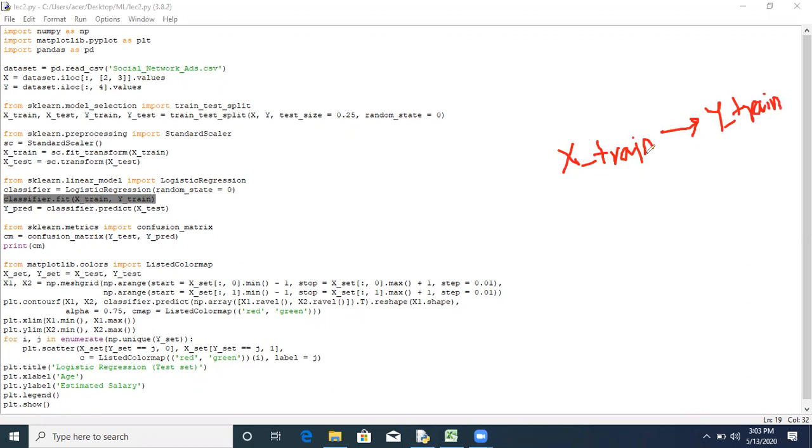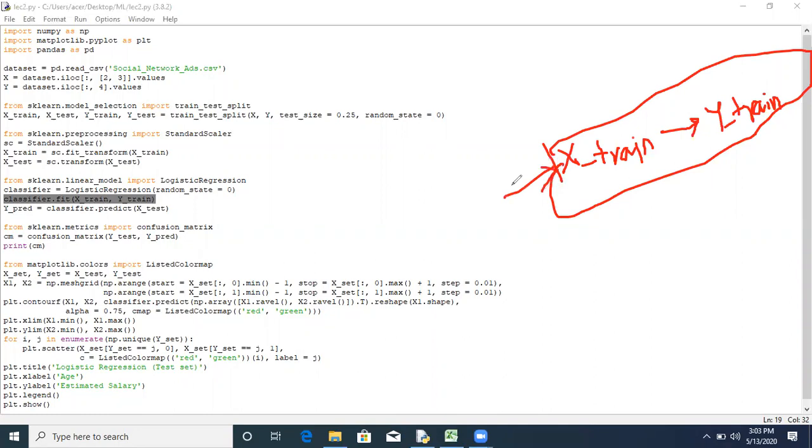So if x_train is the input, y_train should be the output. This is nothing but your training part. And in the testing part, we will apply only x_test. So this is your testing.